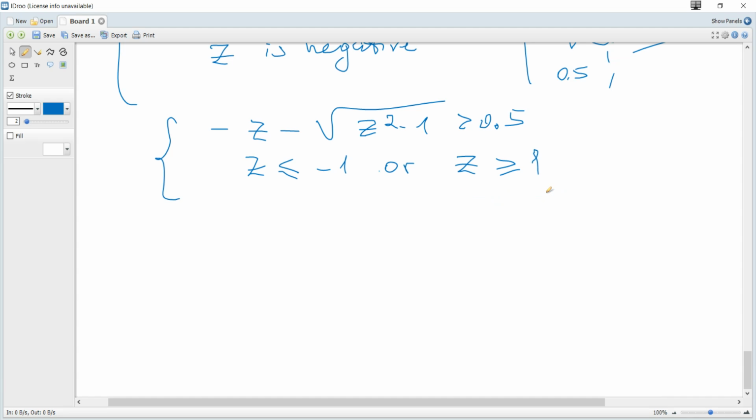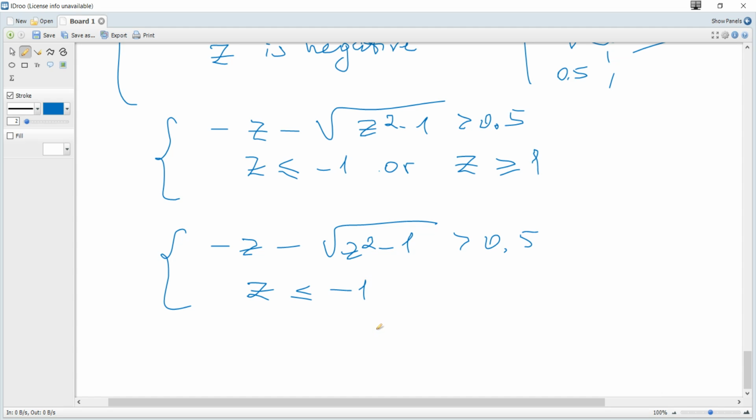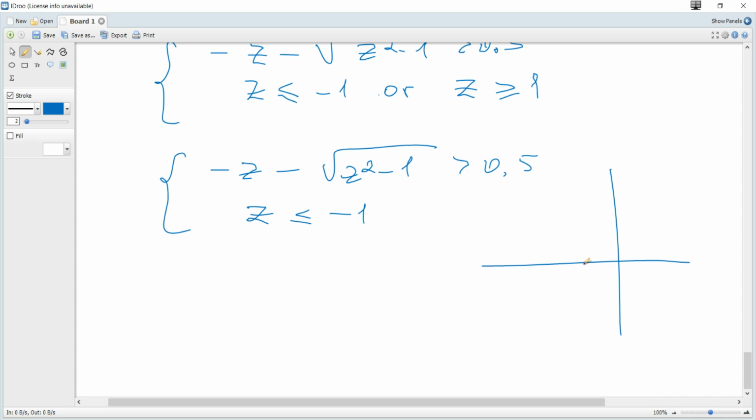So it's enough to consider actually only this, negative z minus root z squared minus 1 to be greater than 0.5, together with z is less than or equal to -1. So we will consider just from -1 and to the left, and we consider this function together with 0.5. It's from -1, this point included, and actually this point, and the solution will be where,